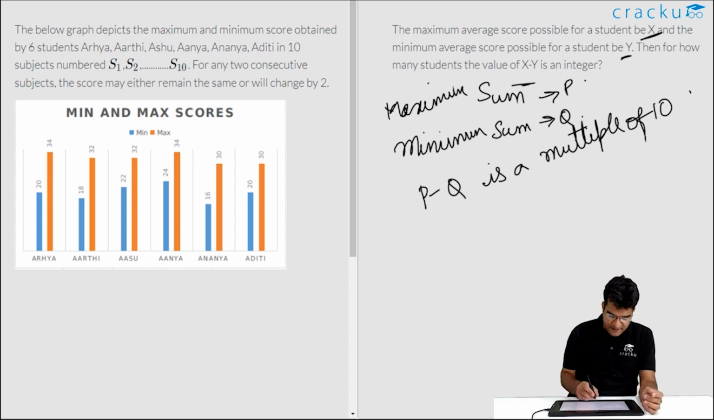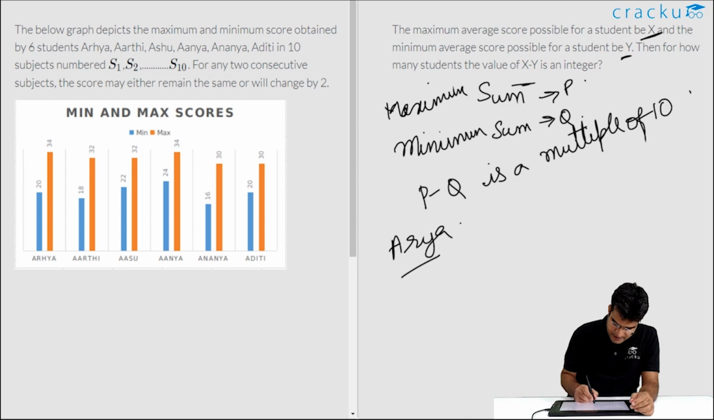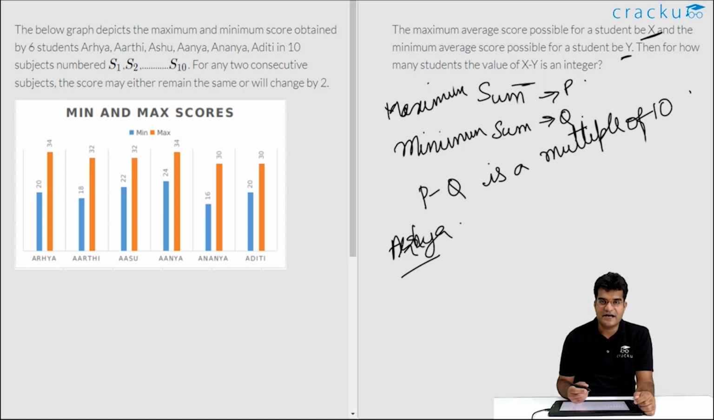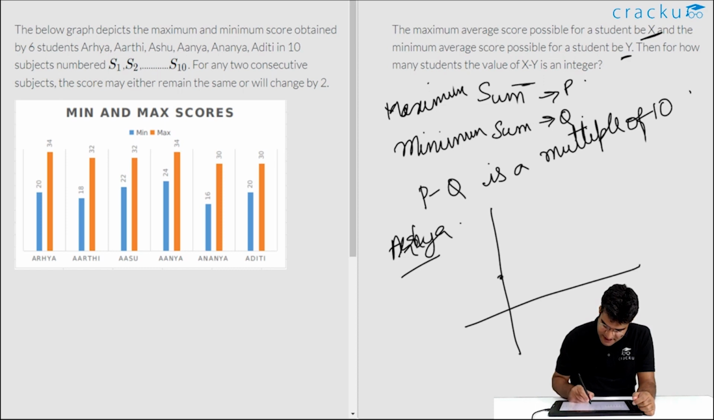In the case of Arya, in order to maximize the sum, we will have to ensure that she reaches her peak, that is 34, fast, and then any of the extra steps that is needed, she will spend at the maximum. For example, for her to maximize, she will start with 20, she will reach 34 in a straight line,